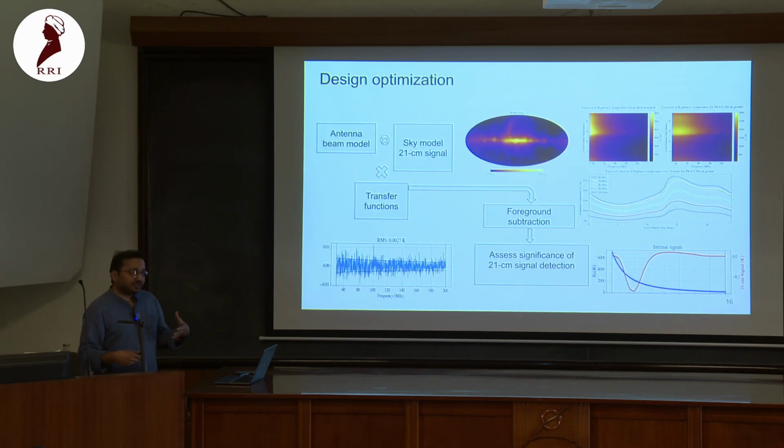And this design has been come up with a lot of optimization, and this is all simulated work. For any given design, say antenna beam model, we have some sky models, we have the entire chain transfer functions added to it, and then use this mock data as if it's real data and try to extract signal from it. And this basically validates what kind of different antenna models and calibration models can be used in a radiometer like SARAS.